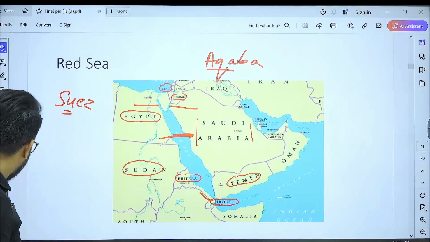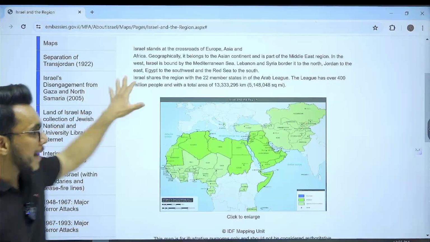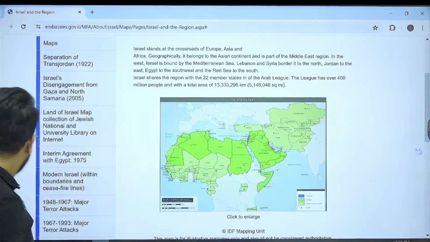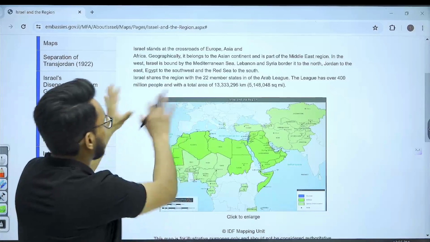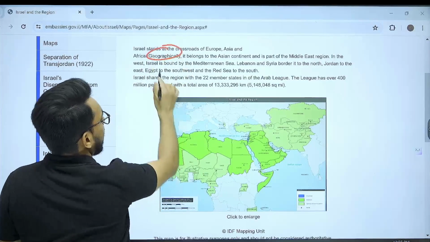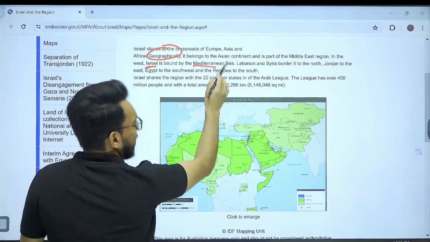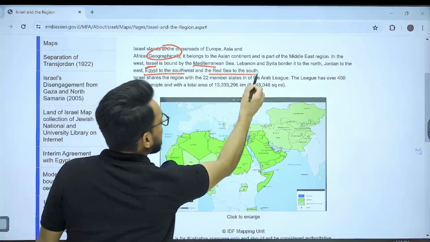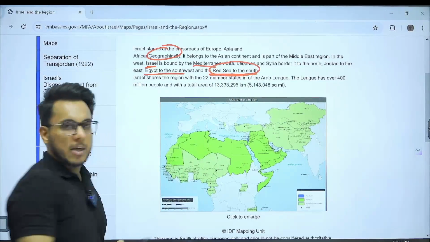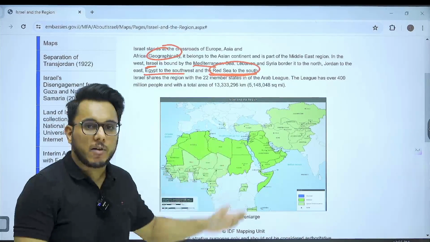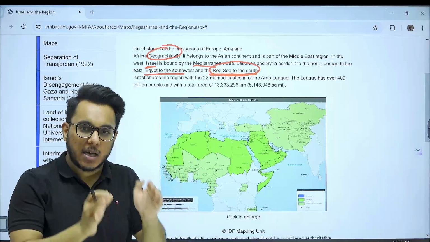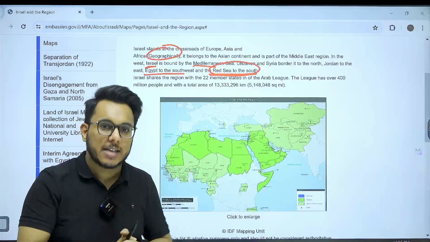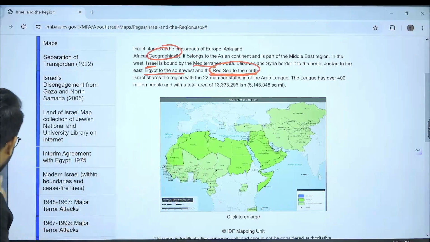For this aspect, here we have the Embassy of Israel's website, and their website provides this: geographically, Israel is bounded by the Mediterranean Sea towards the north, Egypt to the southwest, and the Red Sea to the south. Why? Because the Gulf of Aqaba is considered an extension of the Red Sea only. So through the Gulf of Aqaba, which is considered an extension of the Red Sea, when we talk about the neighbors,